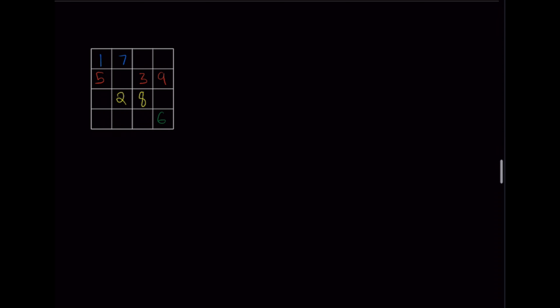Previously, we saw the COO format, which stores each non-zero with its row, column, and value. That works, but if there are multiple entries with the same row, we're repeating the row index every time. So the next representation, compressed sparse row, or CSR, fixes this by grouping all non-zeros row by row. So instead of listing the row index for every value, we'll record where each row starts and ends inside an